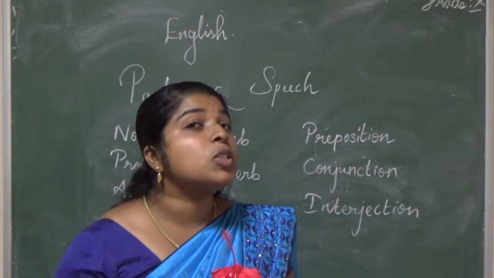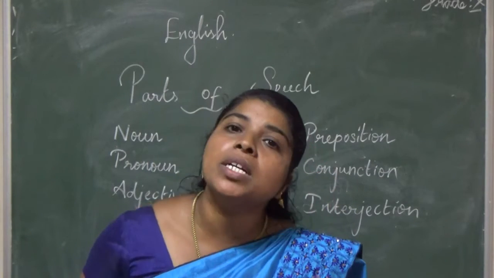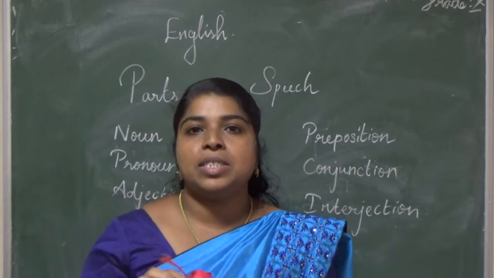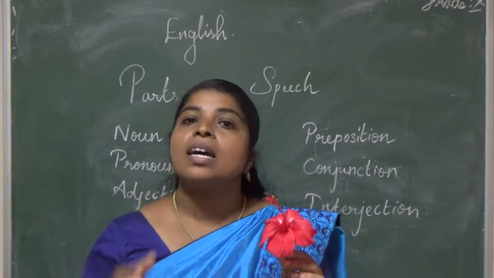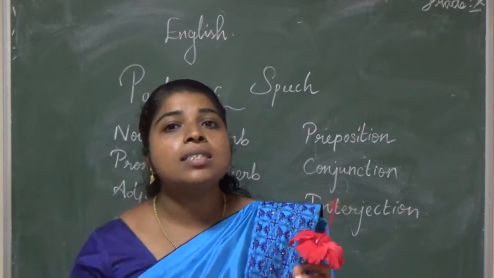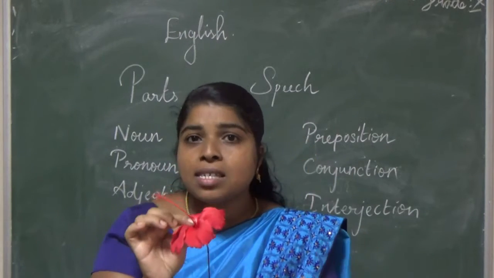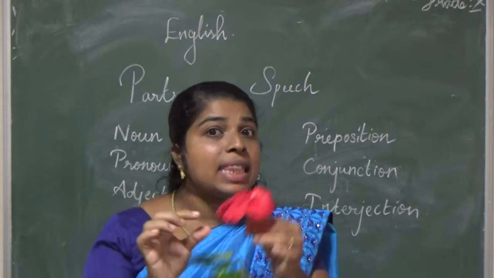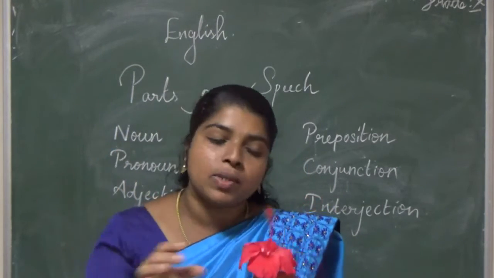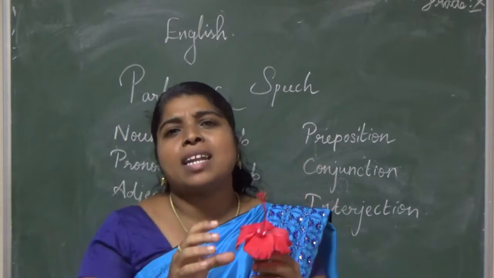Now I am going to use an adjective along with that. This is a beautiful flower. So I am describing the flower. Beautiful is an adjective. Got it? Or it's a red flower. Red is also an adjective here. This flower is a noun. If I mention it, that is a pronoun. If I say this also, it is a pronoun. This is a demonstrative pronoun: this, that, these, those. Don't confuse it. That is also a pronoun.